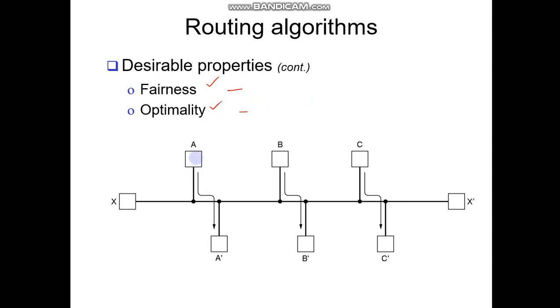If we need optimal transmission between A and A dash, with minimum time for a packet to route from A to A dash, we can put a restriction like there should not be any traffic between these 2 points. But we are violating the fairness policy of X. Then X won't be able to route its packet to the destination X dash or C. So if you try to achieve optimality, fairness is violated. So these two policies are conflicting.